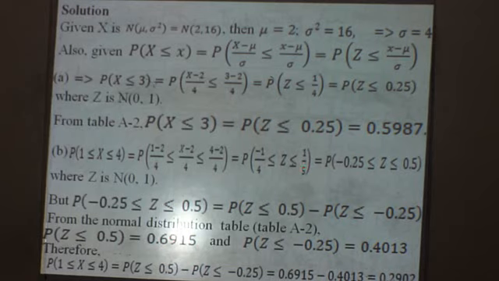So with this, you end up getting the probability of negative 0.25 being less than or equal to z, and z less than or equal to 0.5. That's 1 divided by 2 is 0.5. So with this, we read from the table. When we are to express further, we will get this to be,